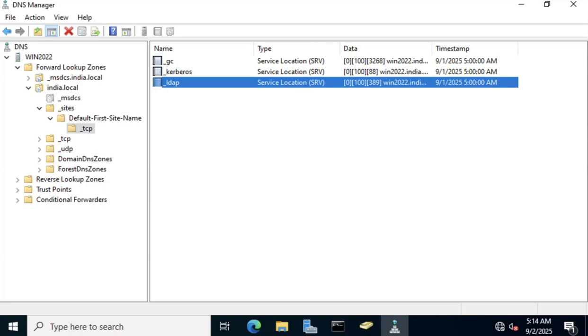Where am I in this Active Directory domain? In which site? According to that, it contacts the domain controller in that site. It never contacts another domain controller till it fails to authenticate or fails to find its own local domain controller. If the local domain controller is down, then only these Active Directory Sites and Services DNS zones redirect it to other